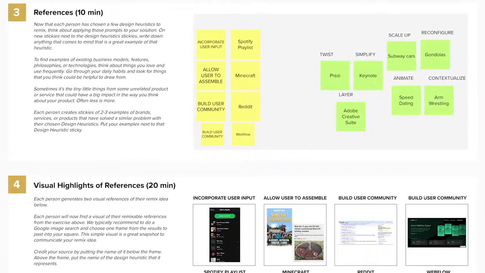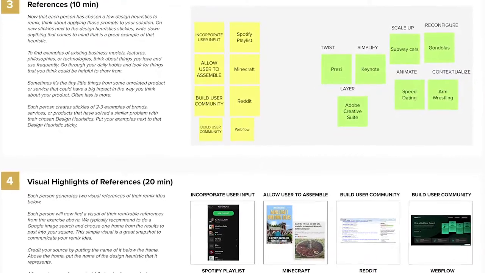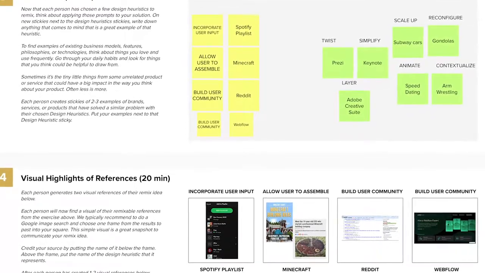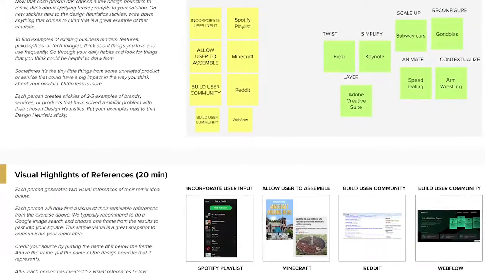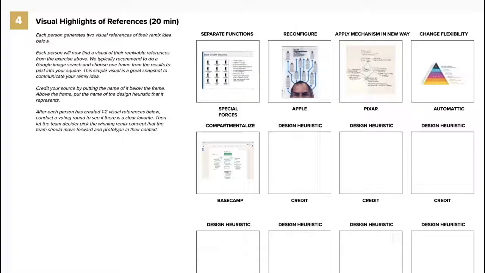Now, this example is very product focused because our remix problem statement was very, very product focused, but this can work for other domains and situations. This is actually one for a culture. So we'll show you one for marketing in a second. This is a team that was rethinking a problem with their culture, given the global pandemic occurring. So how could they be more distributed and decentralized? And here are 5 visual reference examples of things they might remix.